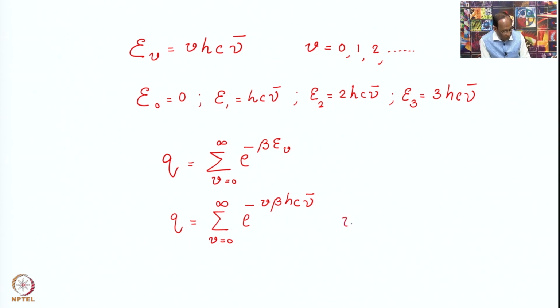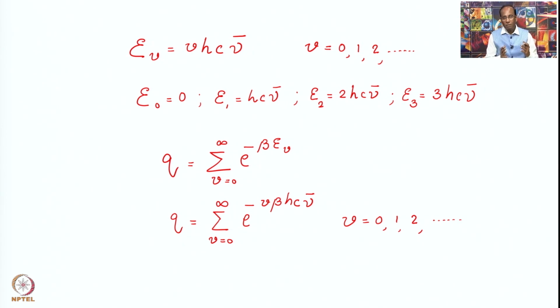Here the vibrational quantum number is 0, 1, 2, etc. This discussion highlights the advantage of subtracting half hc nu bar, which makes the calculations and derivations easy, but at the same time it gives an answer to